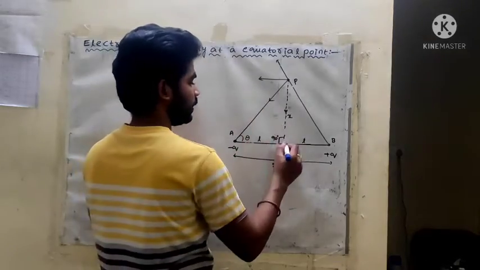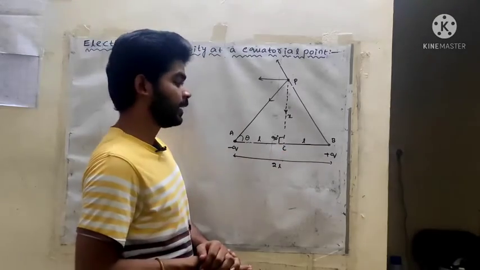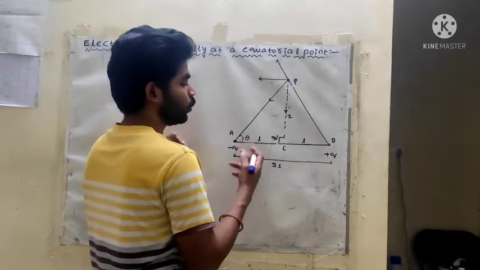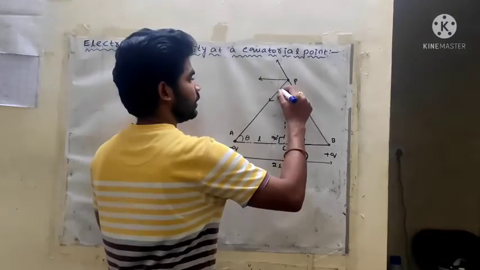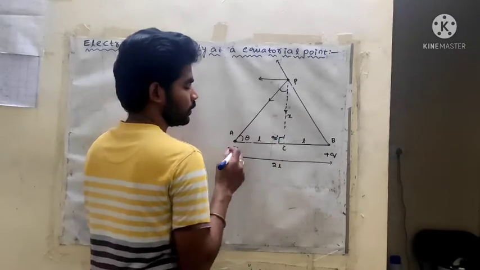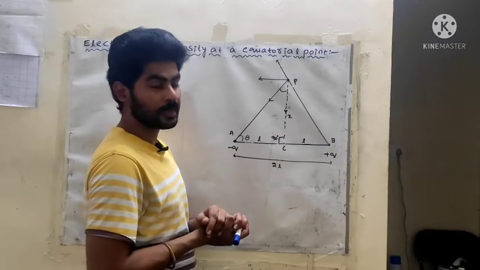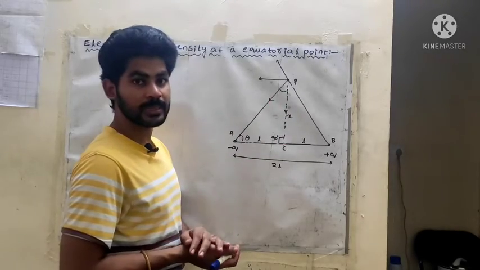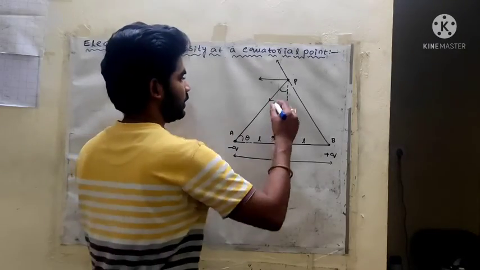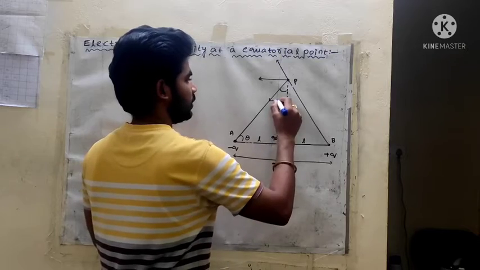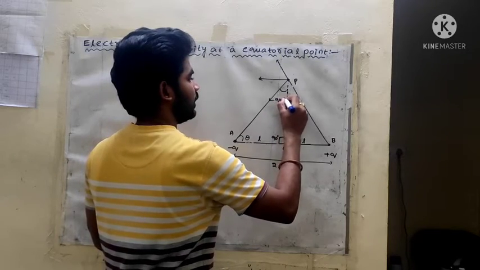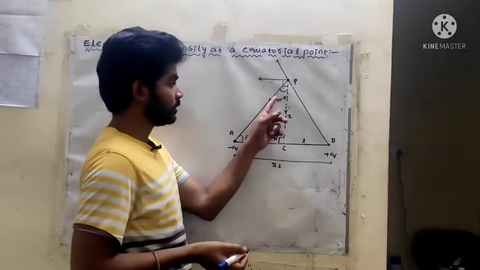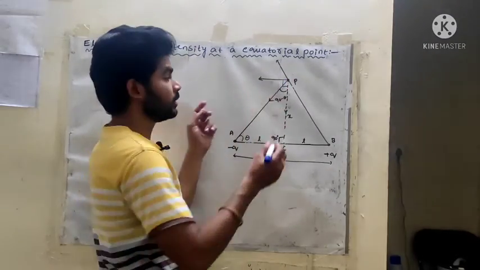So this is theta and this is 90. A and P, and this is the center point. APC is one right angle triangle, so I know two angles. What about the remaining third angle? The total angle is 180, so 180 is equal to theta plus 90 plus x. X is equal to 90 minus theta. So here the remaining angle is 90 minus theta, and again this is also a right angle.